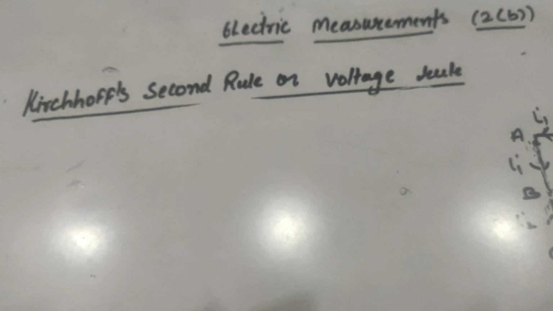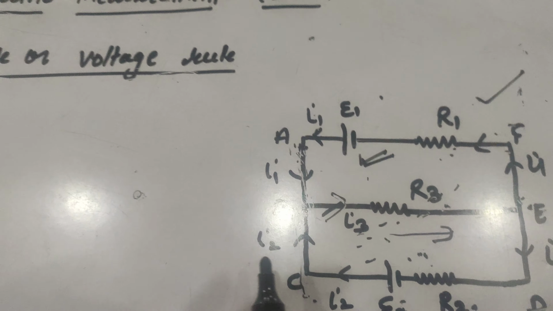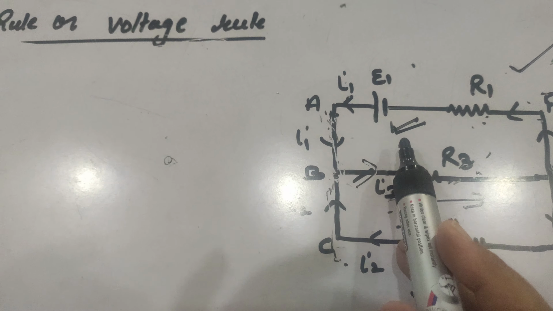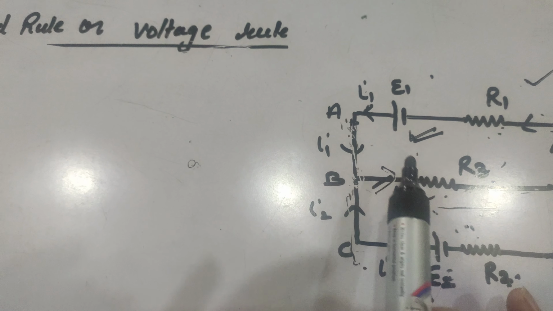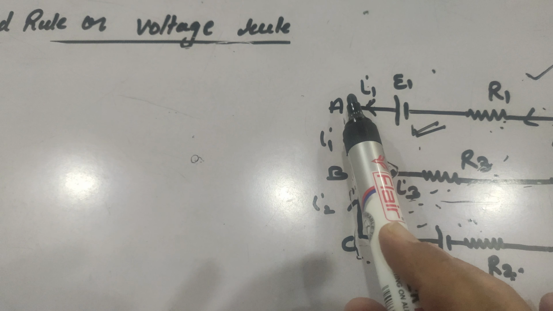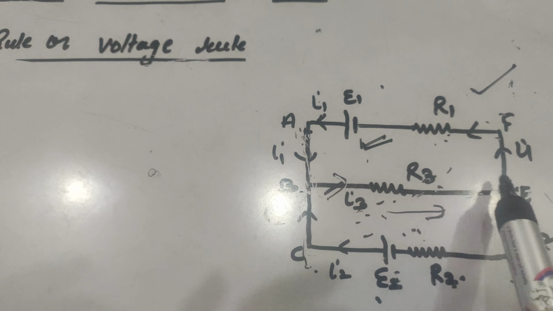Let us now apply Kirchhoff's second rule to this half loop to make your concept clearer, and then you will use it in the second loop yourself. Here you can see the loop ABC, we are traversing along the path A, B, E, F, A. So I'll write here A, B, E, F, A.